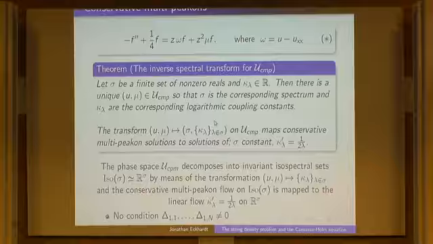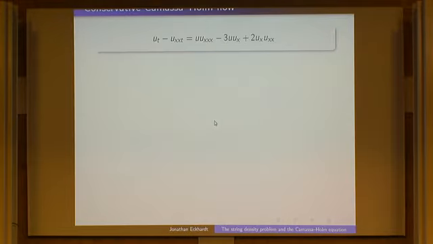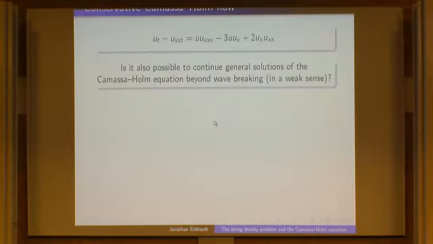And as I said, there's no condition on the determinants anymore. And this is a good indicator that this may work also in the infinite dimension case. Actually, one can do something in the infinite dimension case as well. But first of all, we need the global conservative solution for the Camassa-Holm equation in the general case.